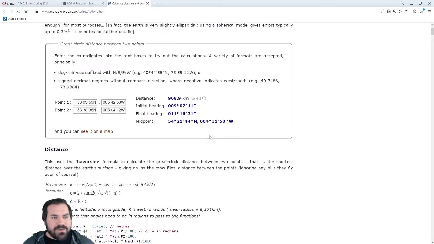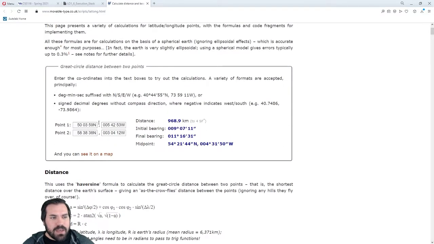So another thing this site gives us is this nice tool right here that takes 2 points, they're lat long, and gives us the distance between those 2 points. So this is what you want to use to generate your test cases. So if we take this tool, the default gives you the north and west, east, south types of lat long, but you can just do like 30.5 and it'll handle that as well. So if we make up some test cases here,